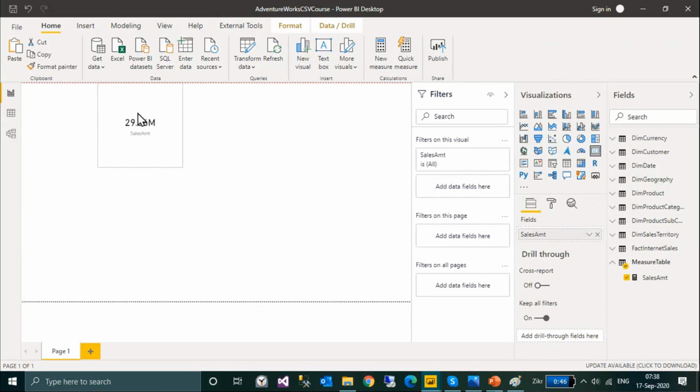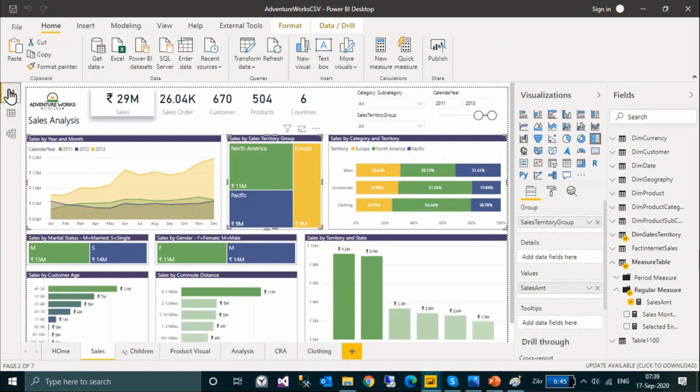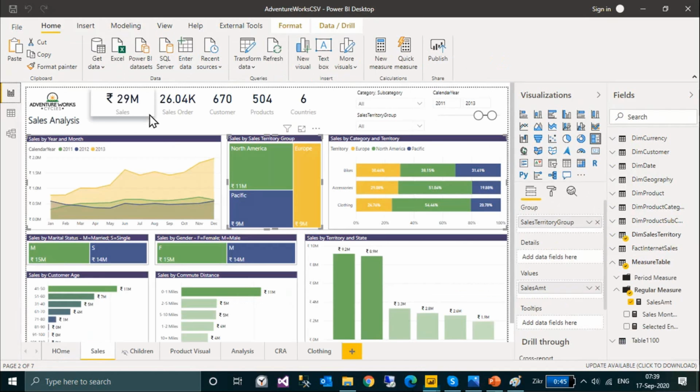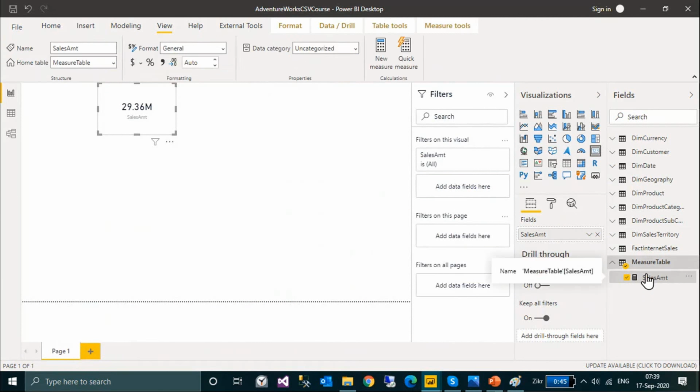Regarding the theme, you can go to this option, view, here. By default you have this blue color theme. Now if you want to change the theme, right now I'm using this City Park, so I have changed it to City Park. So this is the card visual. And regarding the formatting options as well, I have used this option, 29.39 million. If you want to remove the decimals, you can click on this measure in the fields pane,